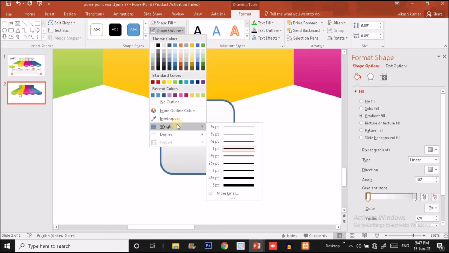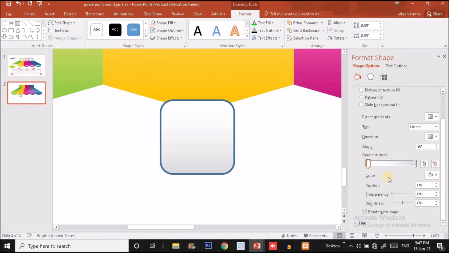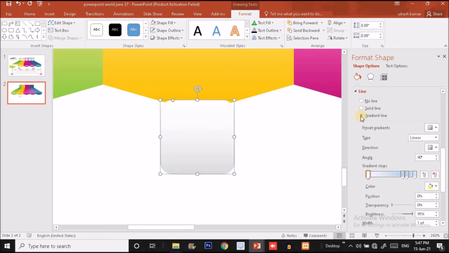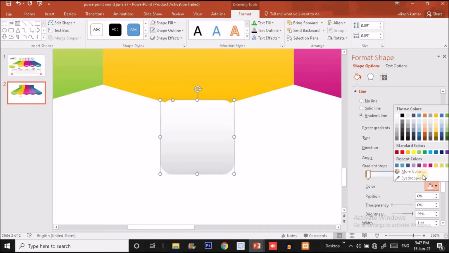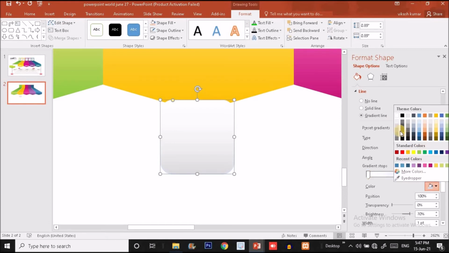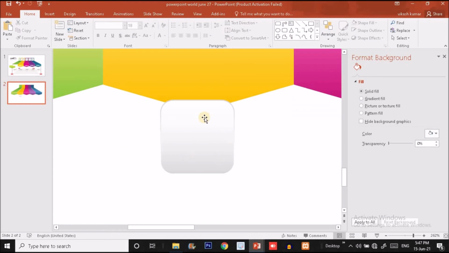Okay, and now for the shape outline, I will increase the width to, no, width is fine, guys, but I will change the shape outline fill also. So I'm going to click on line option over here and I will make the line gradient like this. We don't want 4 stops, so I'm going to do 2 stops. For the left stop, I'm going to use white color. For the right stop, I'm going to use the same gray color, and I will alternate the handles like this to give a depth effect over here, guys.